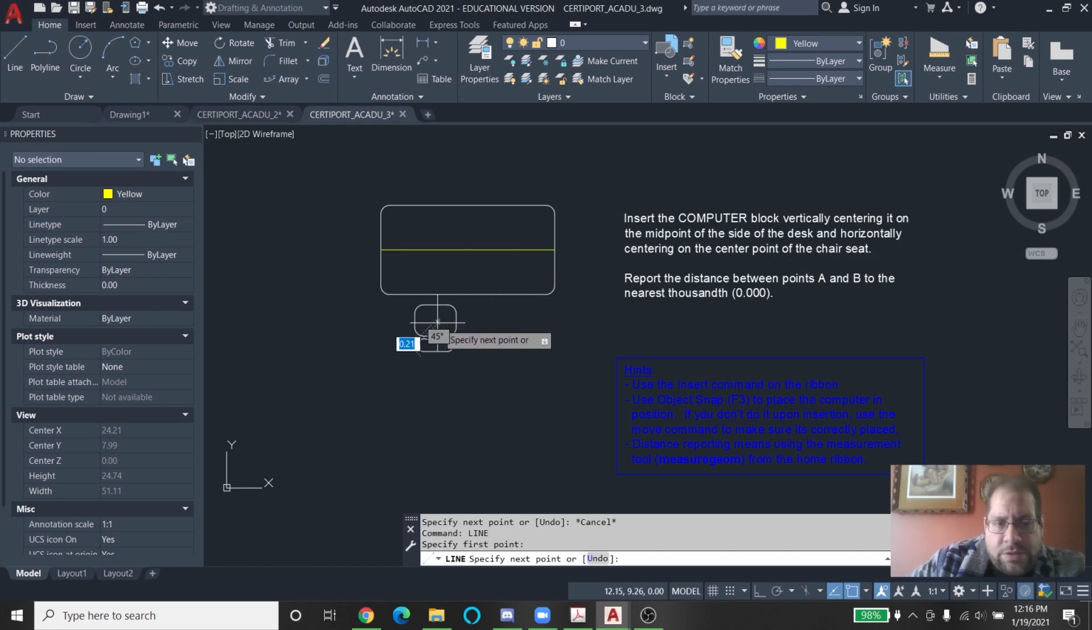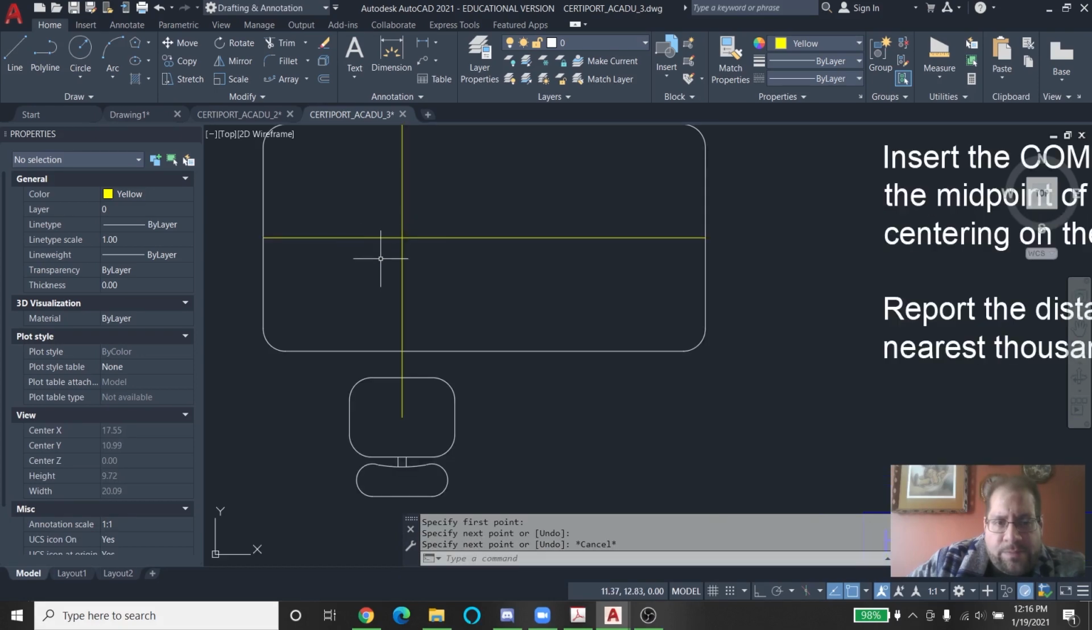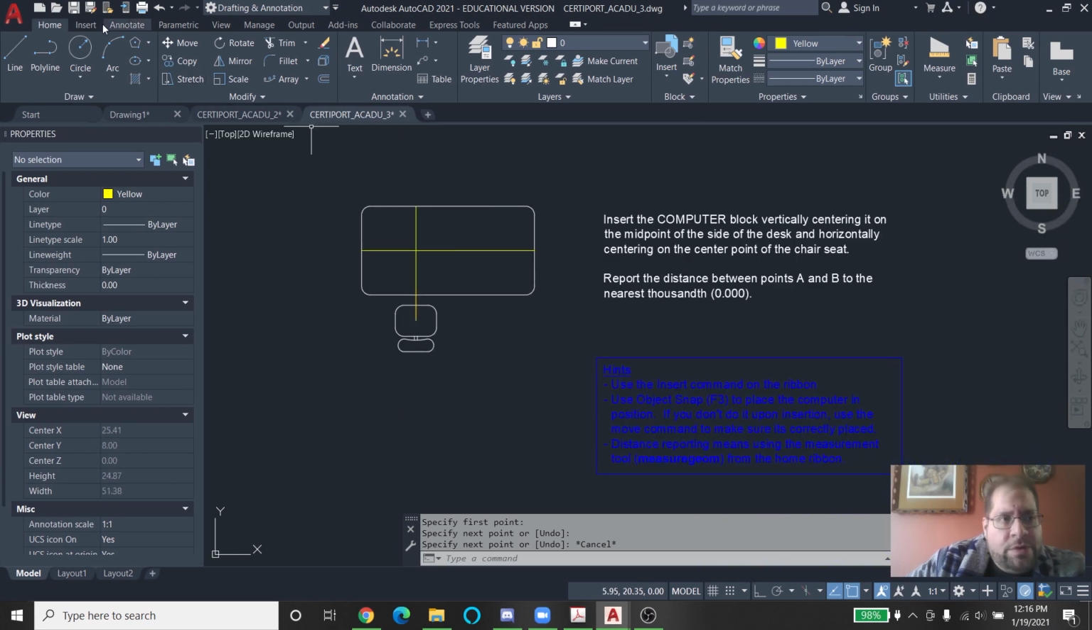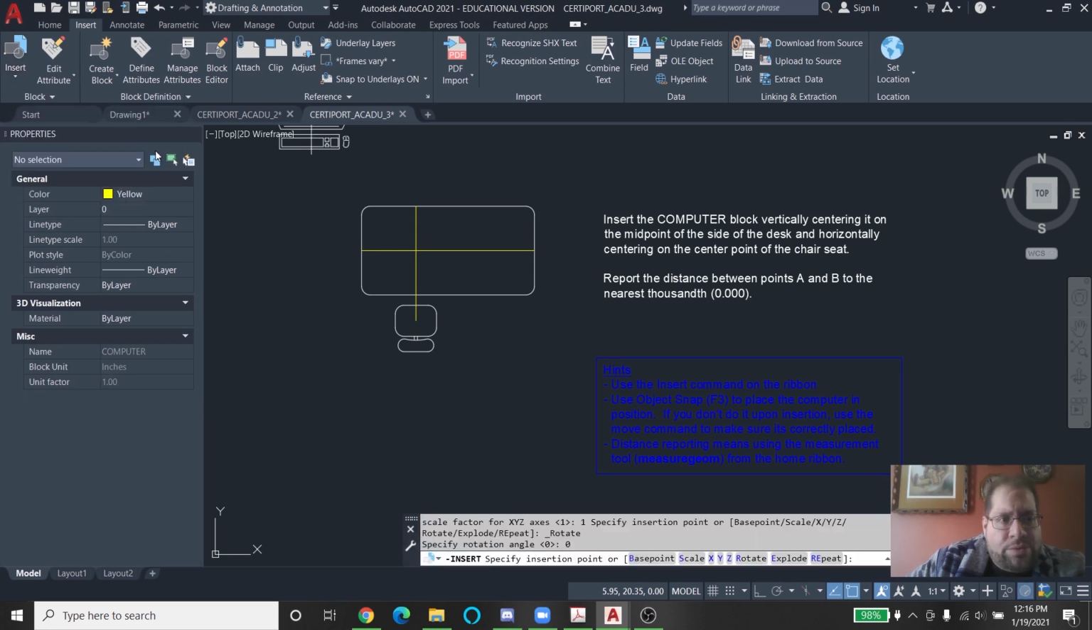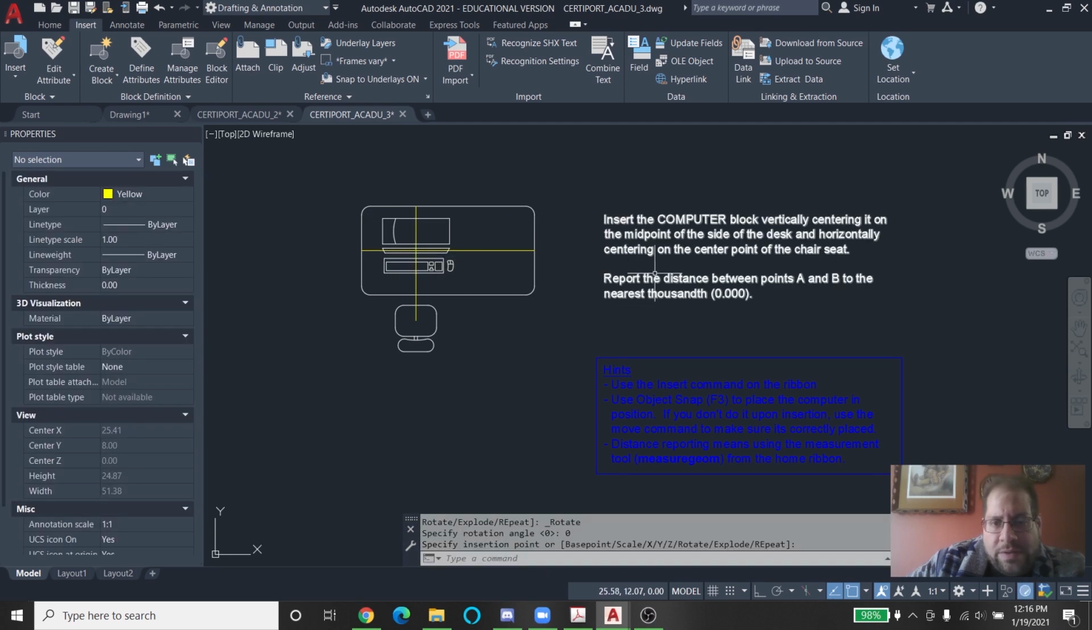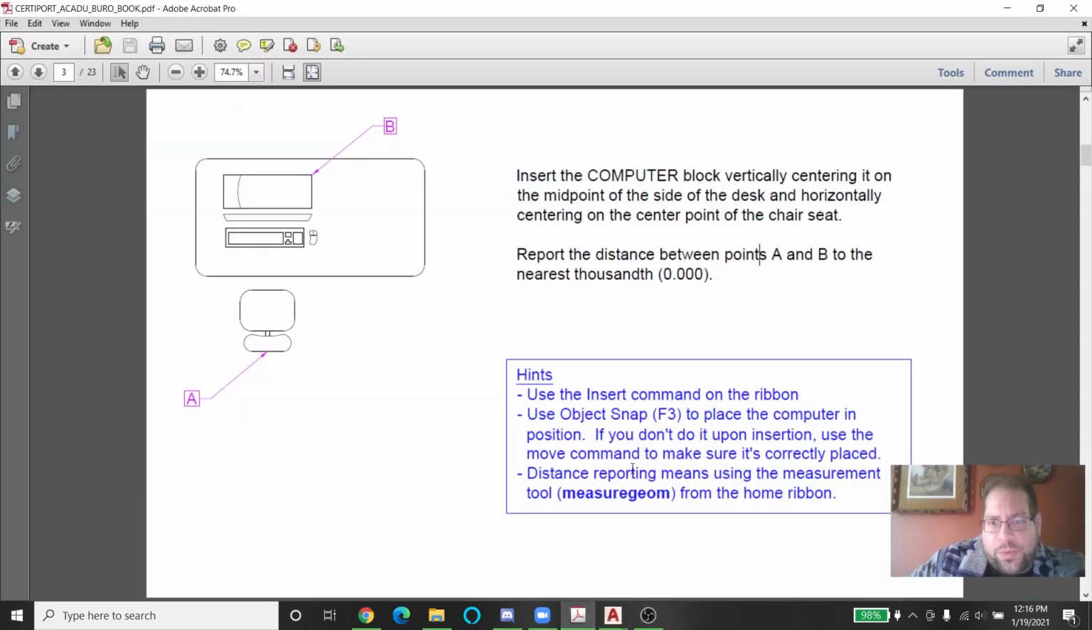So here's the center of the chair. I'm going to bring that up. So I've now created a mark in which will be the center of the computer. So I go to Insert. Here, I pick the computer block, and then I bring the computer block in, and it snaps perfectly where I need it to be. And then lastly, it says to report the distance between A and B, which would be